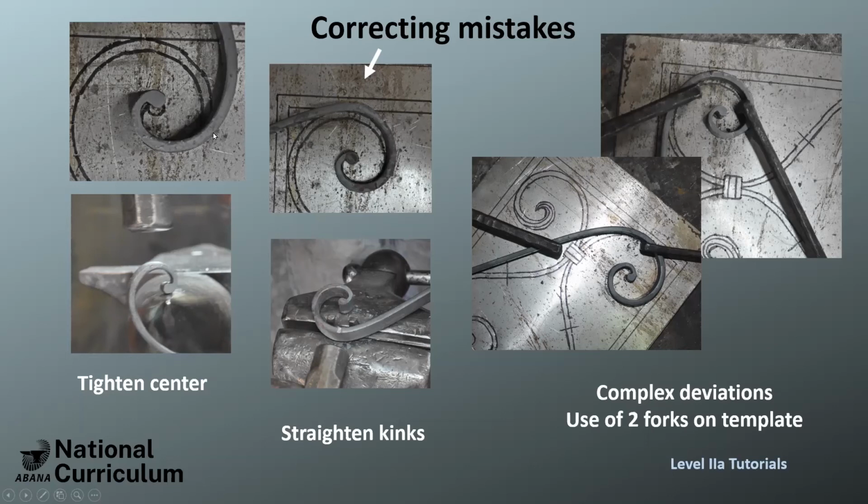Another common thing to happen is you get a kink somewhere. You're trying to do a bend here, but it's not hot enough on the end, and then it kinks where it's just hot enough. And that needs to be corrected before you get any further. Otherwise, you lose control. And the easiest way